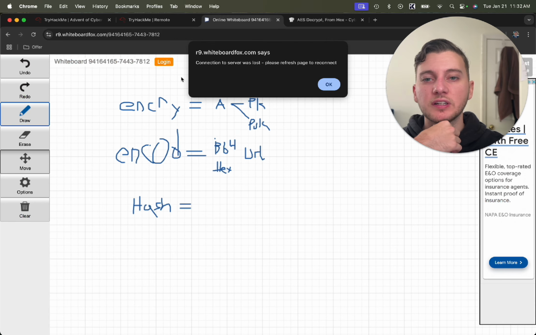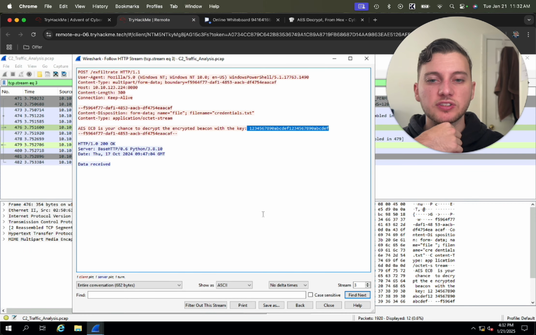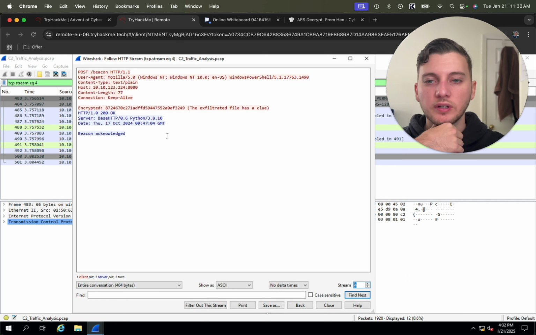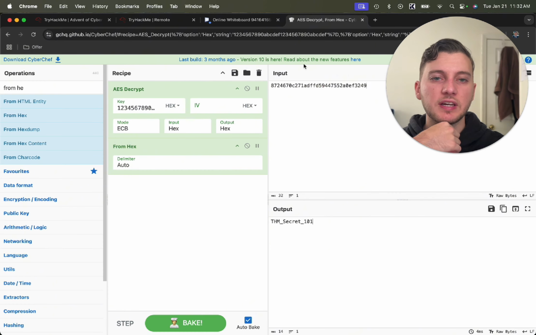So that's how I got the inputs for the key here and the mode, and then everything else is fine, right? And then the thing we're actually decrypting is in stream 4, which is here. So this is what we want to decrypt. So we take that, paste it in here. It gives us